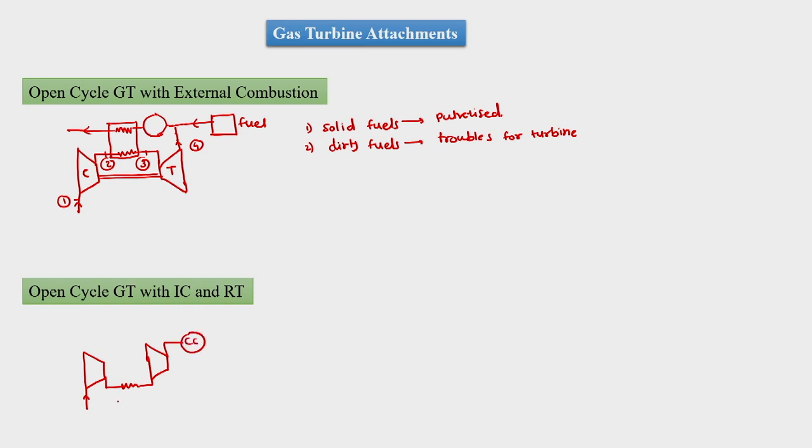Hence, there is a method by which we can reduce the work input of the cycle and increase the work output of the total cycle. That means we are interested in increasing the net work of the cycle, and for that sake